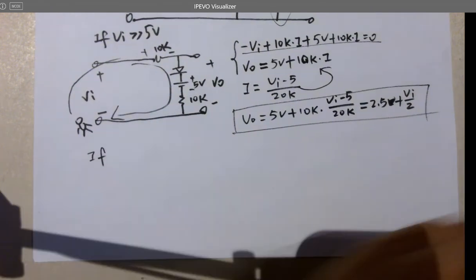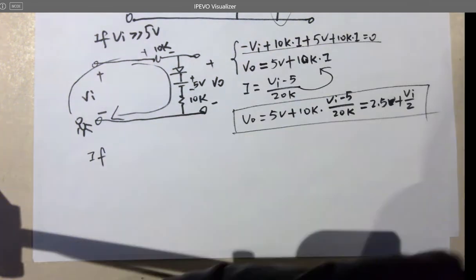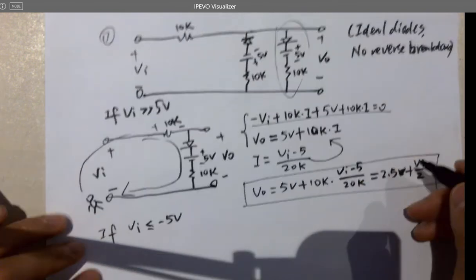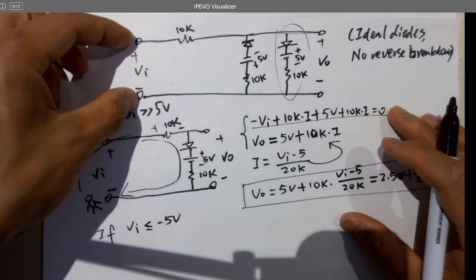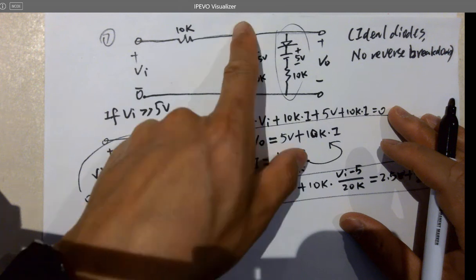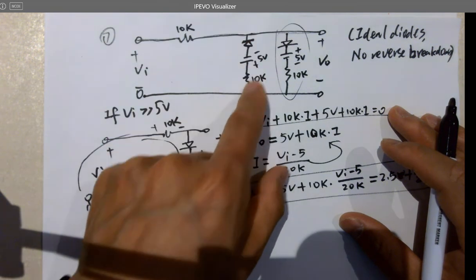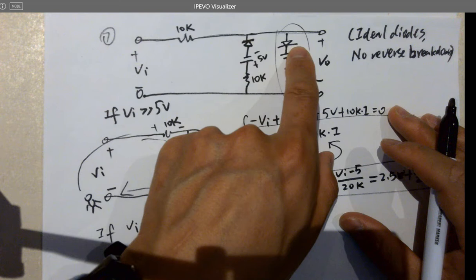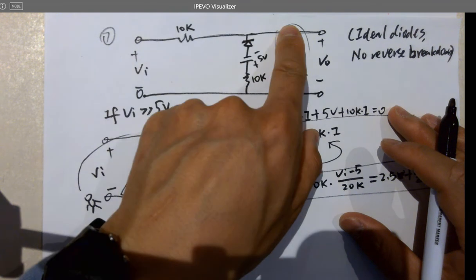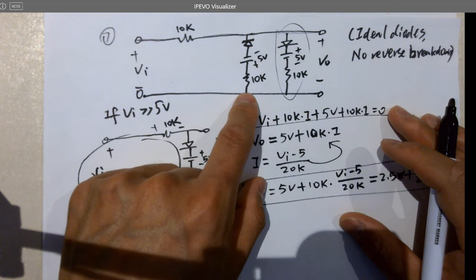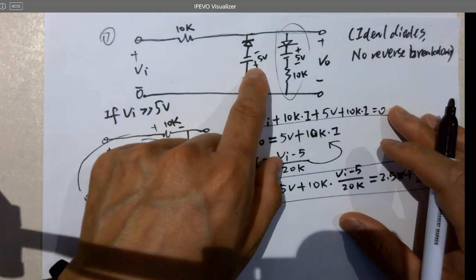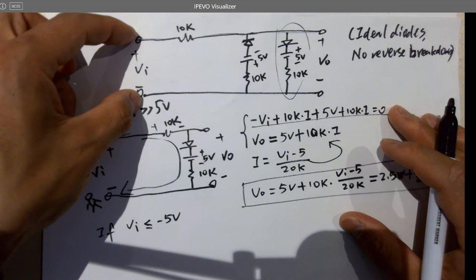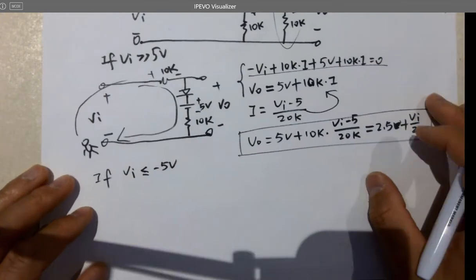And if VI is smaller than negative 5 volts, so it's negative right now, which means the voltage here is higher than here. So possibly it can run current in that direction from bottom to up. But this one will be blocked. No matter what, it's going to be blocked. Is that true? Right? Because the potential here is higher, there's no way you can run current in that direction. For this one, it's possible if you can overcome that 5 volts. Which means if VI is smaller than negative 5 volts, that's why we got this, and the circuit becomes